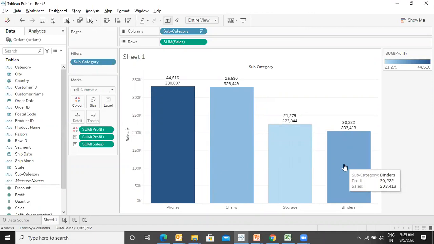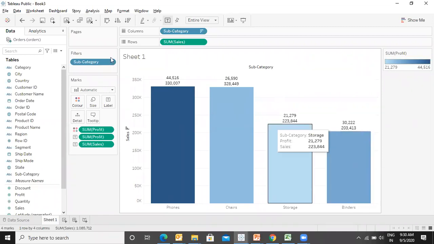Okay. Yeah. Right. How to include a parameter in that calculated field? Have we done the parameter part? Yeah, we have done parameter. Okay. In that case, you have to create a parameter for this.